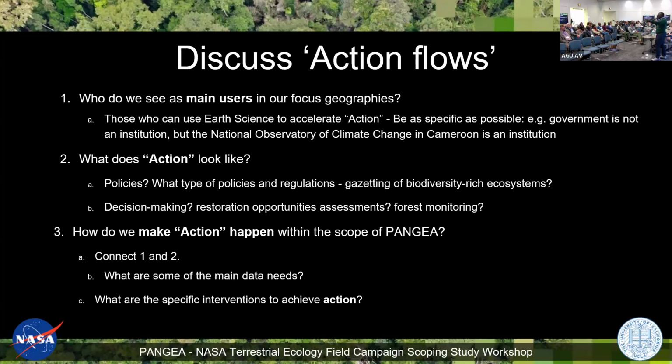So having the intention to change, to have a policy on, let me say, protecting specific species is very good. How do you get there? What are the specific data needs that you have? But even more importantly, how do you as a research community ensure that they can use the big paper that you've published in Science to make that change happen? And this is bringing you to another level and helping us bring into the white paper some concrete sets of interventions that can demonstrate that we are hoping for impact, not just for outcomes, that language now.